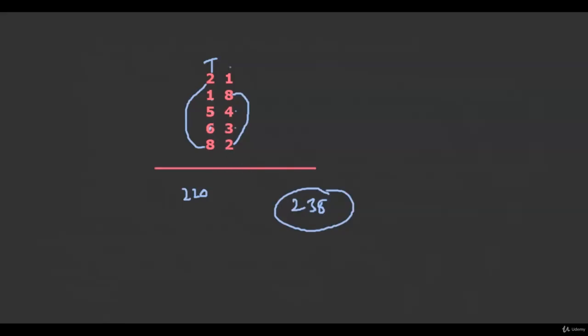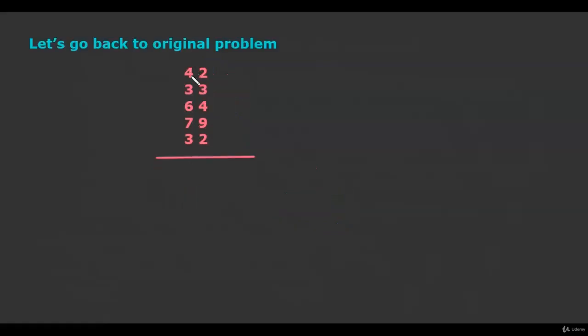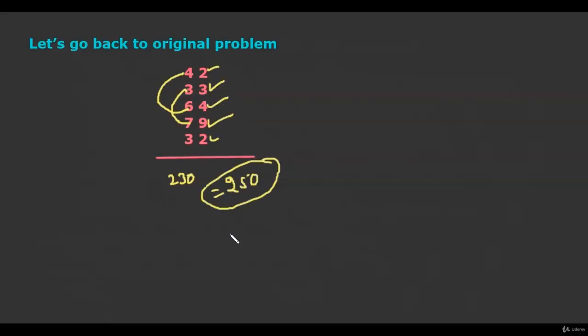So let's go back to the original problem. Now first of all we will look for groups of 10. 7 plus 3 is 10, 4 plus 6 is 10. So this becomes 23. So 230. Again we look for 10. Now no 10s are there. 230, 232, 235, 239, 248, plus 2, 250. So this is how very fast we can get the answer.